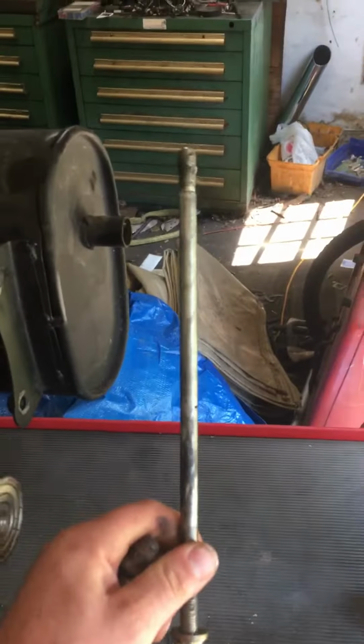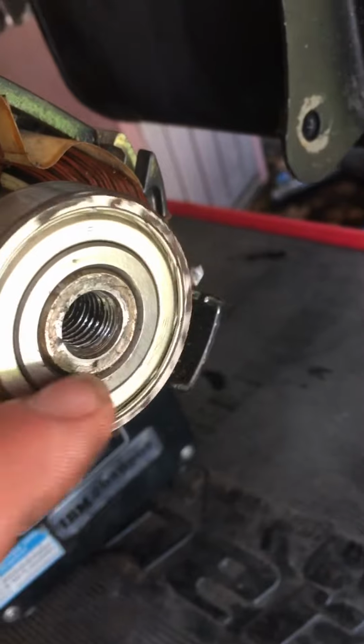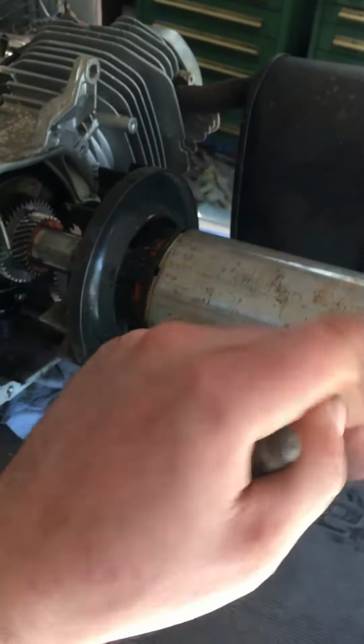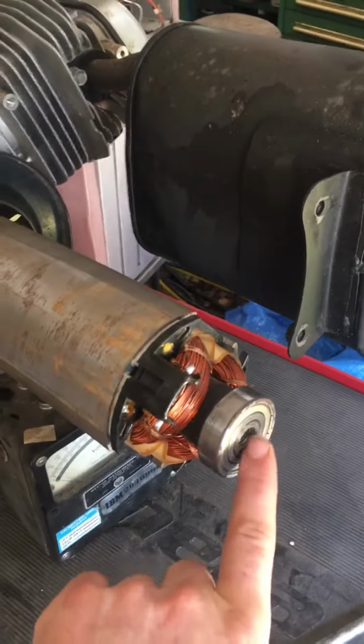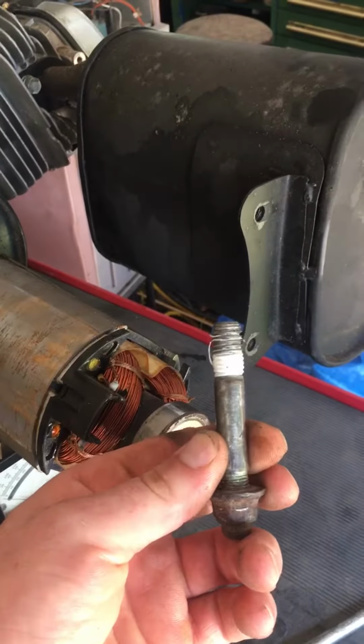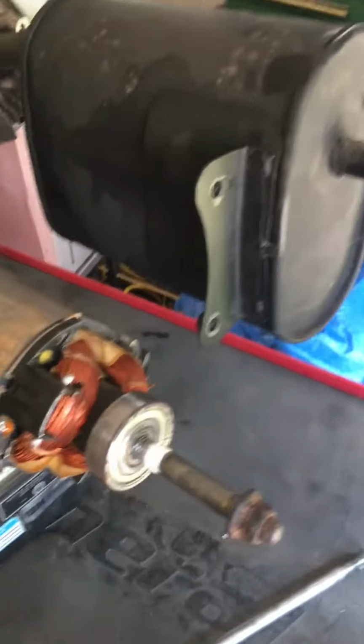This is the bolt that goes all the way through, and the end of this shaft is threaded. So what I did was I flipped this whole thing up, standing straight up, and then I filled this with water, found a bolt that fit them threads, wrapped it with Teflon tape, put it in there, hit it with the impact, and it'll pop that, it'll pressurize the water and pop this